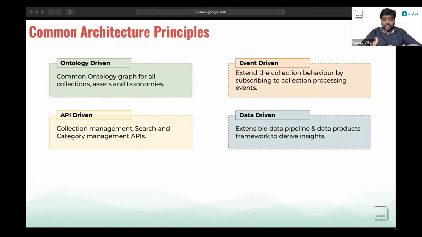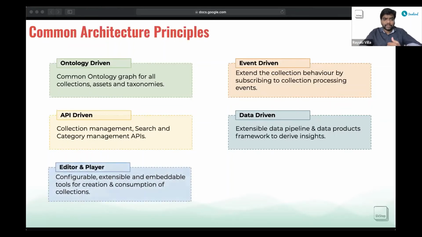There is an extensible data pipeline and a data products framework that allows you to build and deploy new data products and derive new insights on the data generated during collection consumption. There are some data products already provided by Sunbird for summary, computation, usage, and other details, but this framework is extensible to add more data jobs.